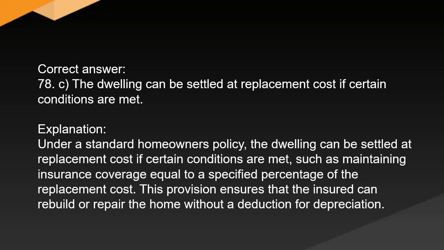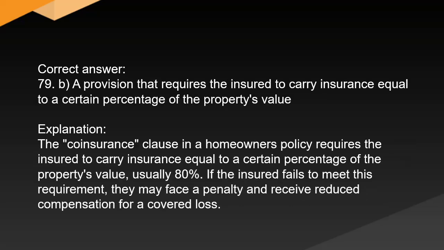Explanation. Under a standard homeowner's policy, the dwelling can be settled at replacement cost if certain conditions are met, such as maintaining insurance coverage equal to a specified percentage of the replacement cost. This provision ensures that the insured can rebuild or repair the home without a deduction for depreciation. Correct answer. B. A provision that requires the insured to carry insurance equal to a certain percentage of the property's